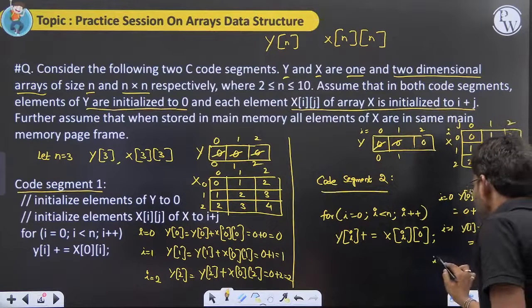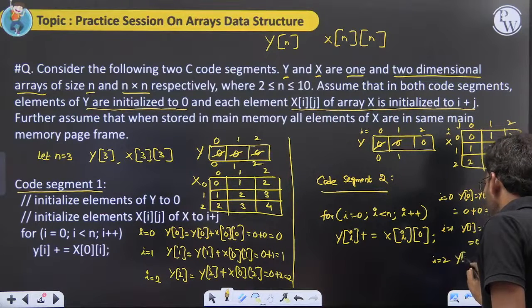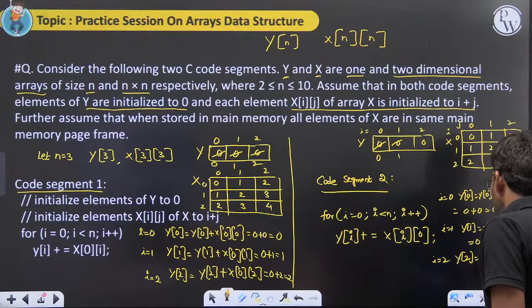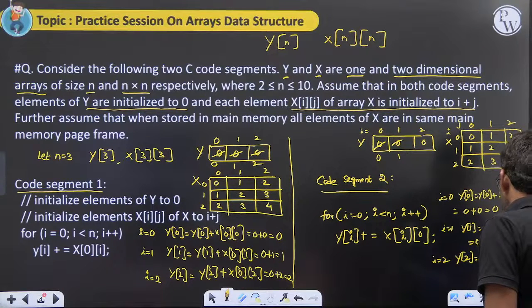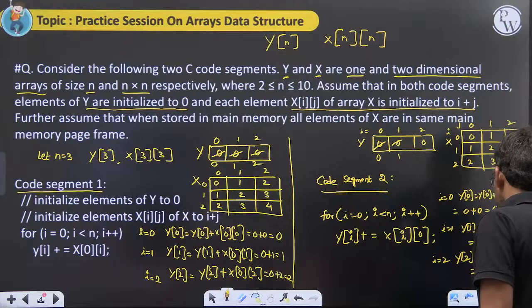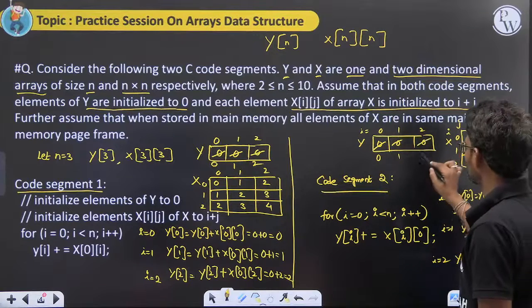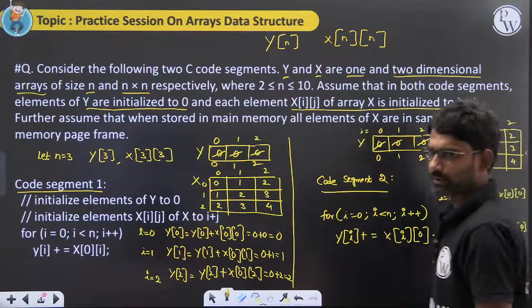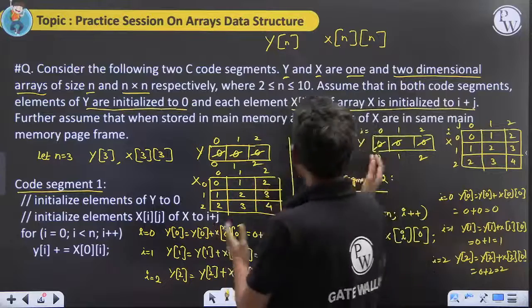And when i is equal to 2, y of 2 is equal to y of 2 plus x of 2, 0. What is x of 2, 0? It is 2. So, it is 0 plus 2, 2. Code segment 2 also executed. Now, look at the